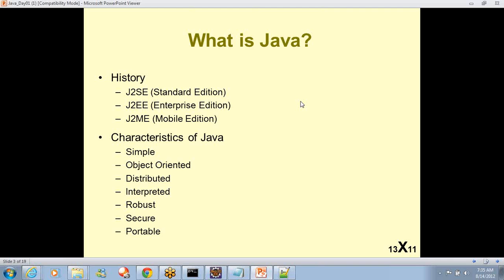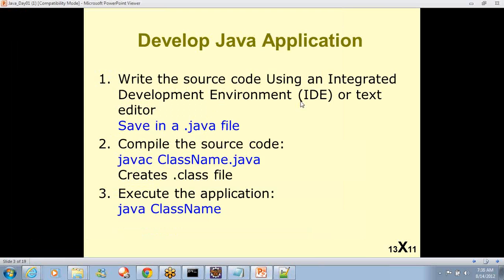Okay, so let's quickly go back and discuss the characteristics of Java. Java is simple. There is not a lot of stuff in Java, because you mostly deal with objects and methods. And because of Eclipse, it is pretty simple to write Java programs. Object-oriented we have already discussed. Distributed means you can write internet-based applications, but that is part of advanced Java, so we're not going to discuss it right now. Java is an interpreted language, which means